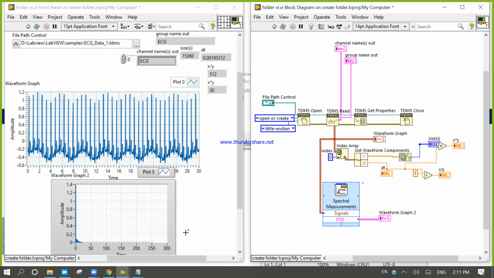So there is one frequency, and frequency is near about 0. If I write the 0, and if it will be 1.0.